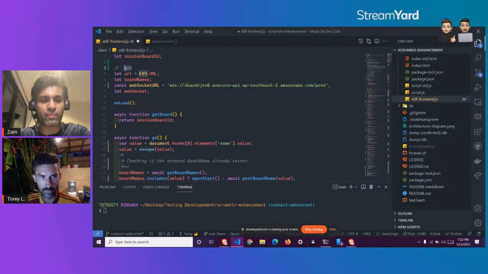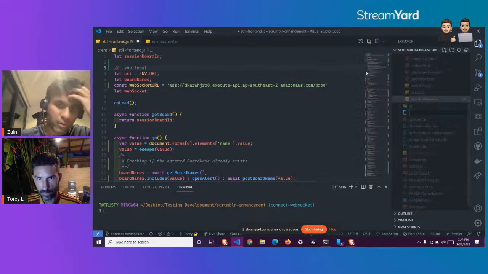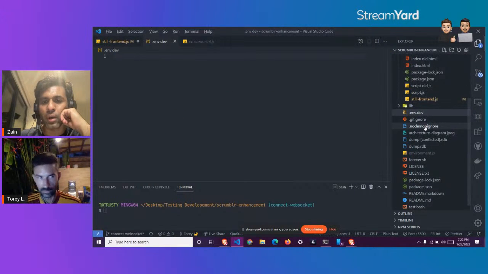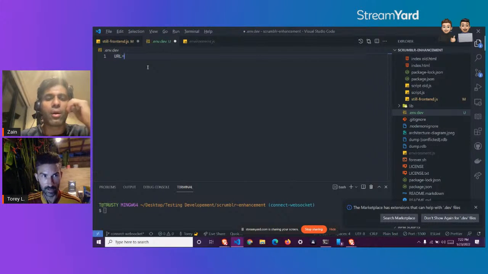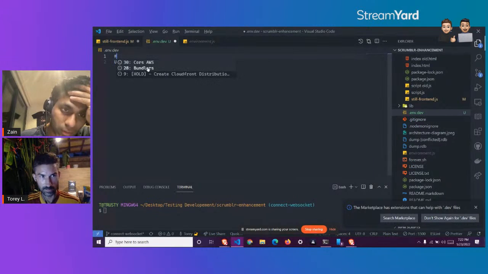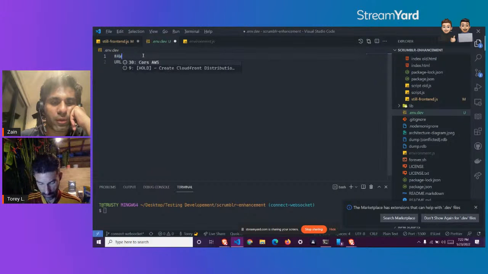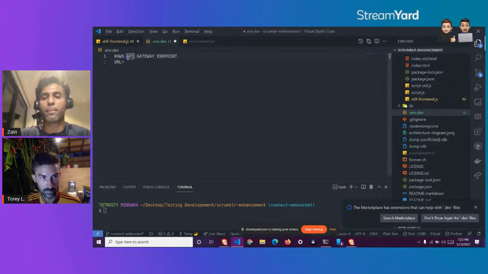Yeah, because I didn't know what the best practice is. That's usually why you have a file called like .env or .env.local or something, and so you just make that, and then you git ignore that. So I can just call it .env.dev or whatever, right? Yeah. And then inside here you just have key values. So we can do URL and then equal, and then this is how you make a comment, by using the hash. And then this is like AWS API gateway endpoint. Okay, that's a good one, optional, right?